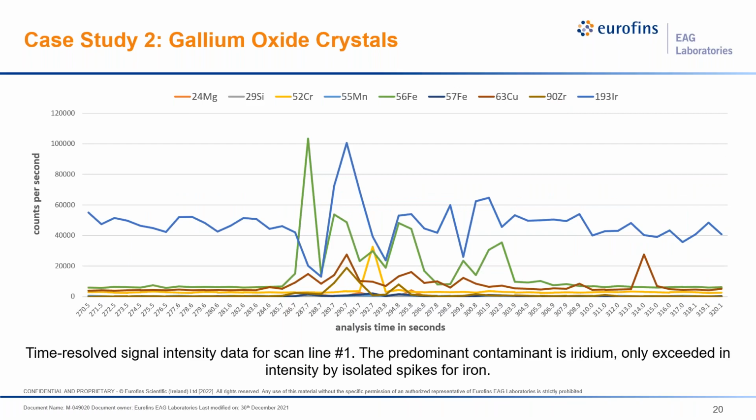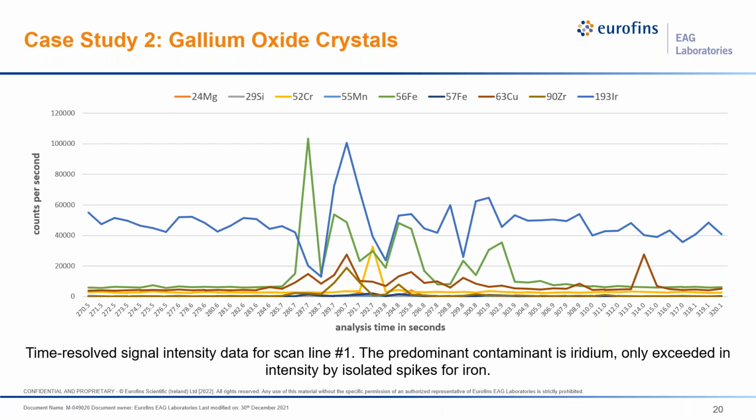If we isolate the time-resolved trace to about 270 through 320 seconds post start of the ablation, we can see that iron mass 56 in green spikes just prior to an iridium spike in dark blue. This helped the client to determine that iridium was a continuous contaminant but variable in concentration, while iron is isolated in occurrence in the crystal but can show intensity comparable to iridium. So when iron's present, it really spikes quite abruptly, but otherwise it's nowhere near the abundance of iridium throughout the